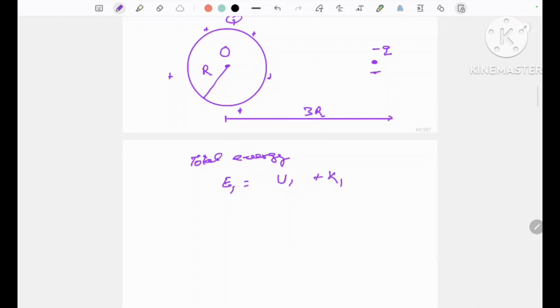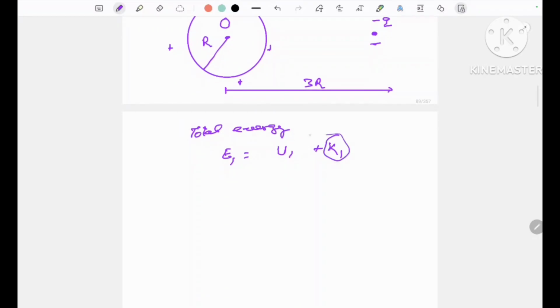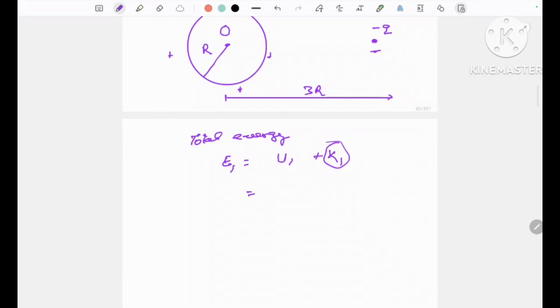Speed of this charge is 0, hence kinetic energy is 0, and U will be 1 upon 4 pi epsilon dot Q into minus Q by 3r plus 0, or minus Qq upon 4 pi epsilon dot 3r।